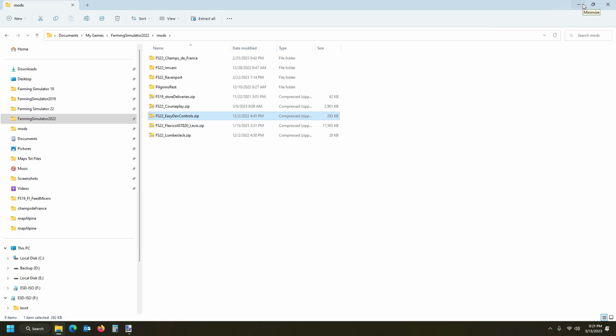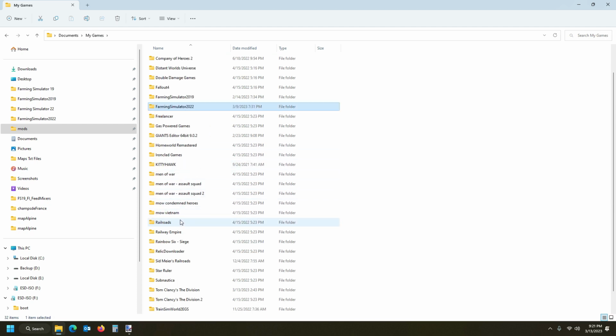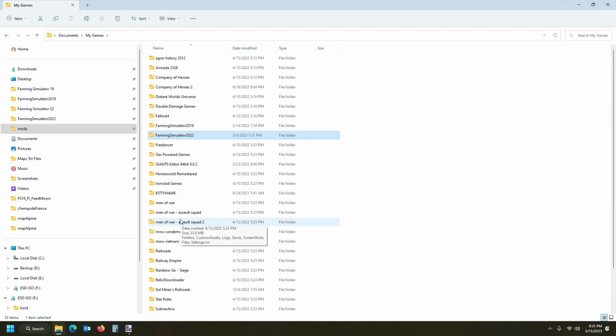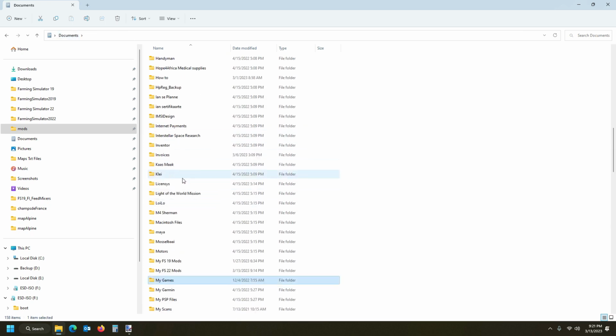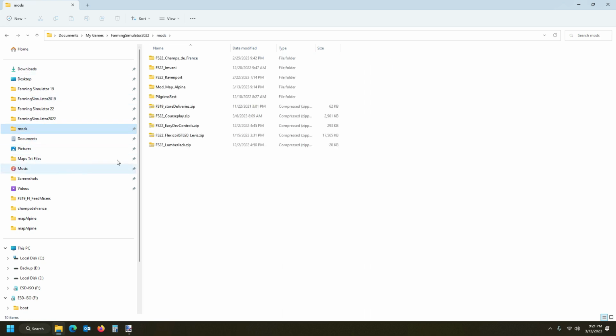Now, next thing, we've got now our mod. Did I paste it in here? No, I have not. Oh, I must now go back to that previous directory. Oh my word, I forgot to paste it. So it was documents and then FS22 mods. So I'm just going to drag it over to my mods folder, because I've already made myself a shortcut, pinned into my quick access list for mods, because the mods folder is in the FS22 directory,